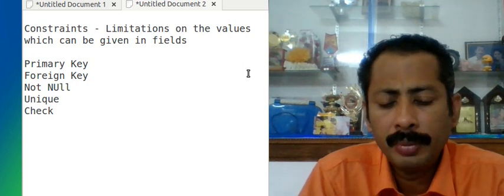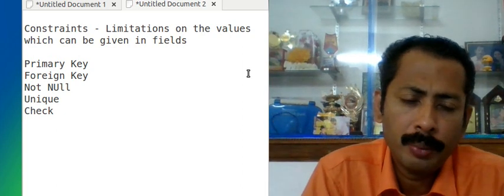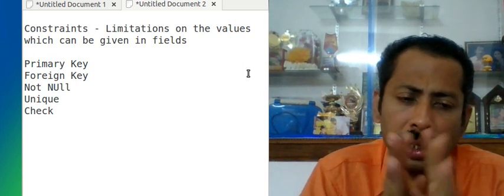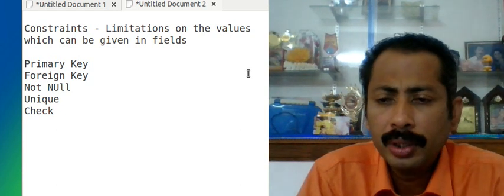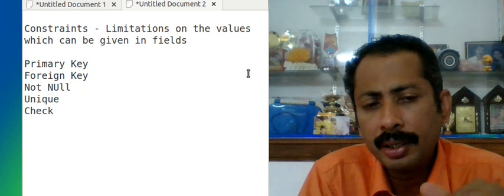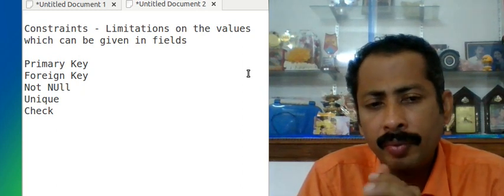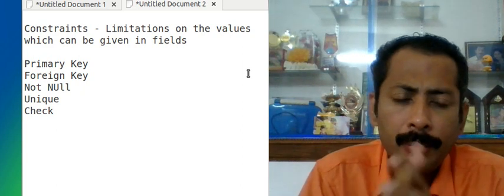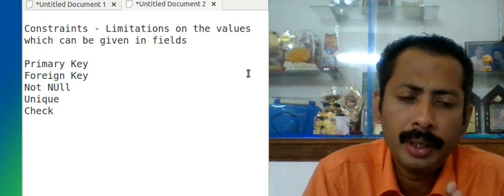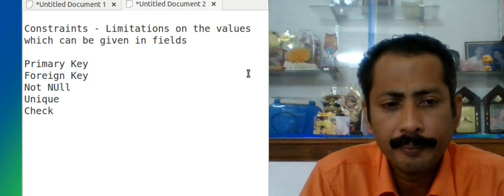So if I give department ID as 1 here, then there should be a table which indicates what 1 is. 1 means computer science, 2 means English. So there should be a table indicating what this department ID means and which department is related to department ID. So in the first table I will be giving department ID only, but there will be a table which contains department ID. What is this department ID?